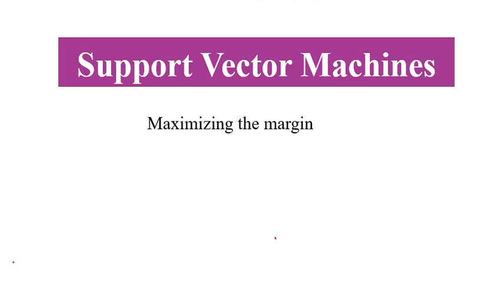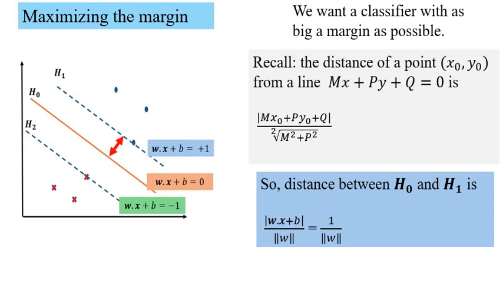Hello. So today we will discuss another intuitive way of formulating the SVM optimization problem of getting the hyperplane with the maximum margin. So that is our aim of getting a classifier with as big a margin as possible. So we have this sample set with three positive samples and three negative samples. And we have this H0 as our decision boundary, and H1 and H2 are the gutters on both sides of